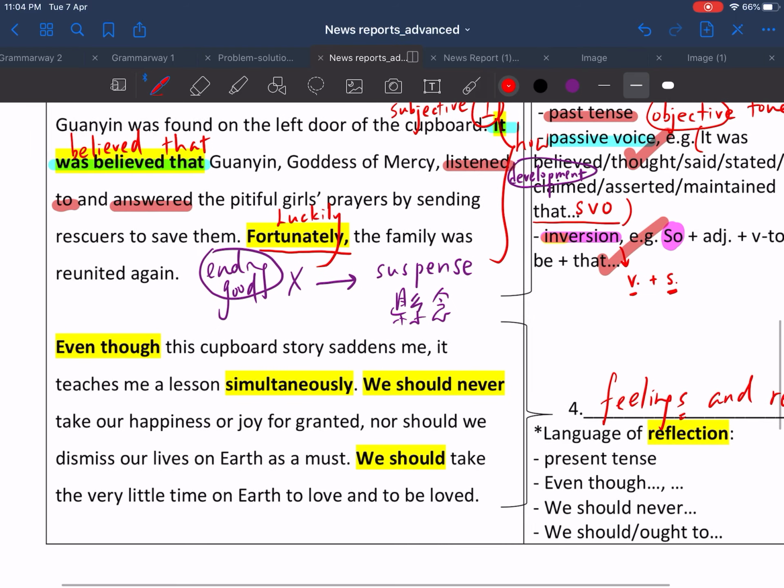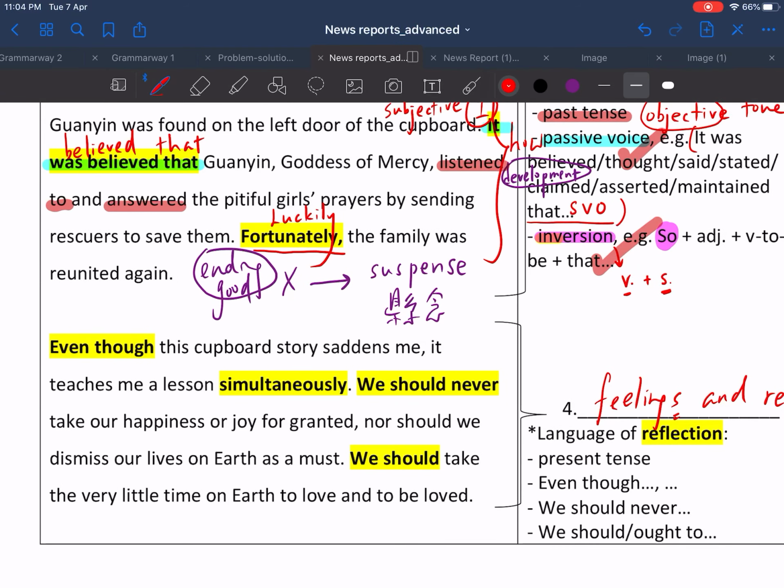So let's have a look here. You can see even though. Even though, that means although. Even though, although this cover story saddens me. Saddens means made me feel sad, upset, downbeat, despondent, disappointed, sad. So they are all negative adjectives. So this part gives you the feelings, tells us the writer's feelings. And after that, you can see it